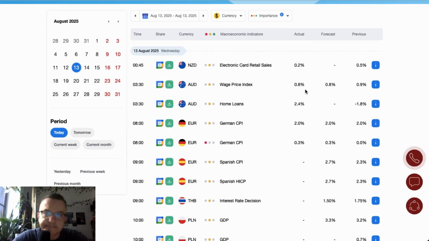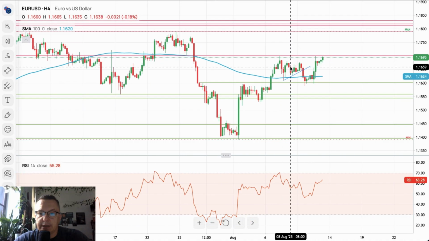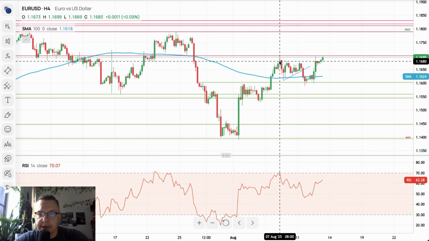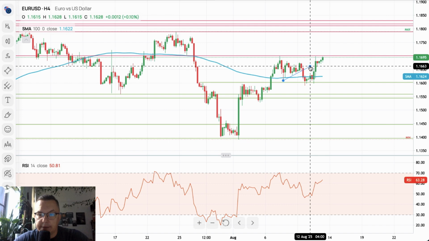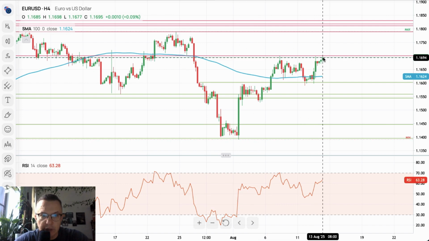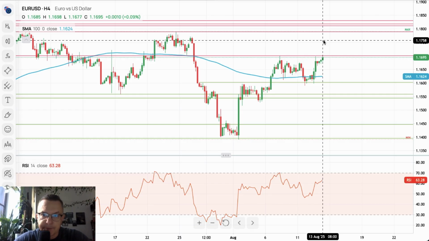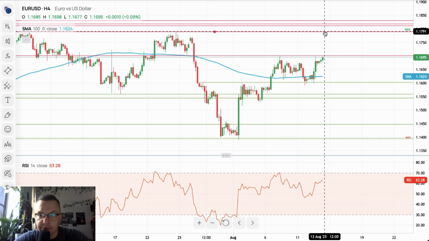We start with euro dollar. Euro dollar is about to challenge the technical resistance at 1.1699. Yesterday we basically tested it as well. Today's local high is just 2 pips away from the technical resistance. With this strong positive momentum, the chances for the breakout to the upside are quite high. So we should expect the next target for the bulls to be 1.1791. Please pay attention to the current market developments.